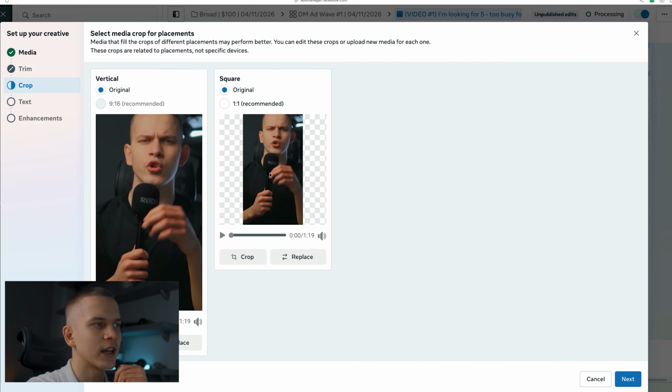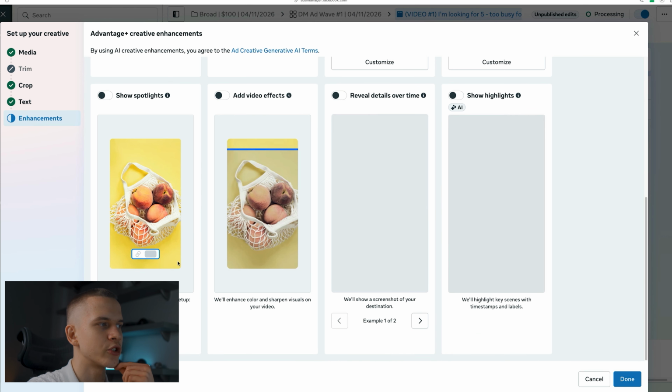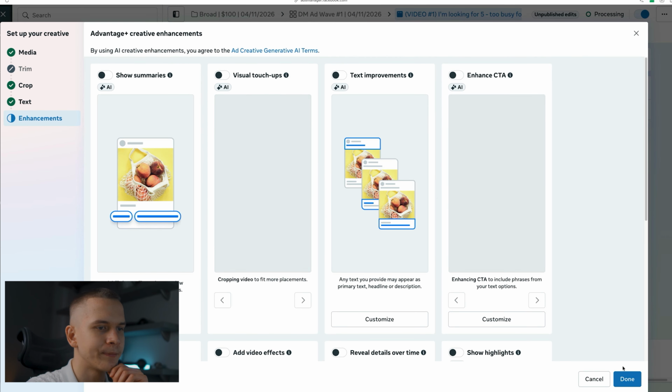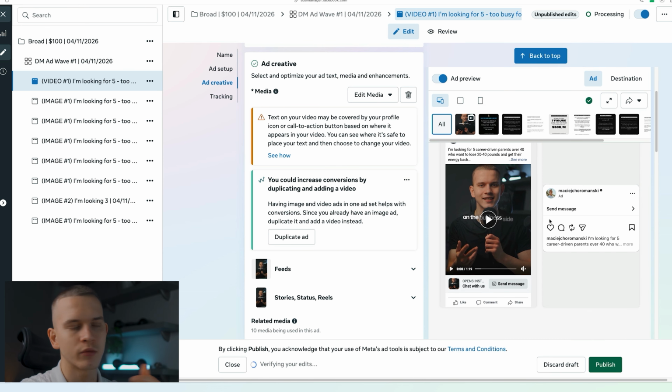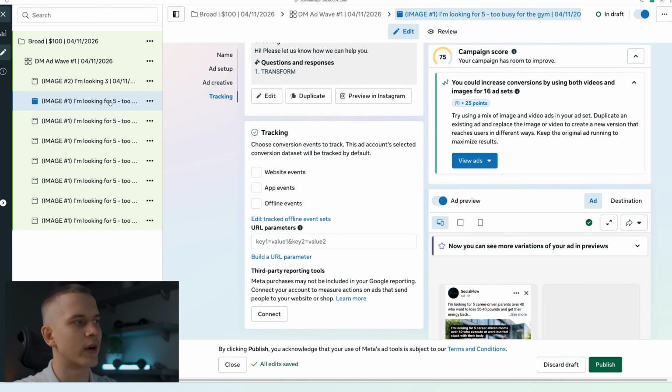Here, you most likely don't have different variations, so you can just keep this. Next, the body copies should be the same. Next, and make sure you disable all of the AI options again, and pretty much that's how you add videos, right? So you actually need to remove media, remove the image template, and replace it with a video, and everything else should be fine. And you pretty much just want to repeat this for the other ads until you have